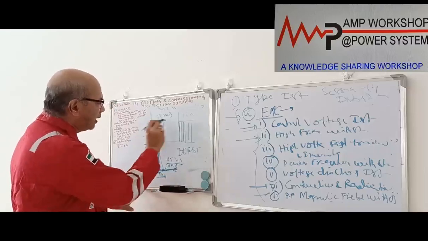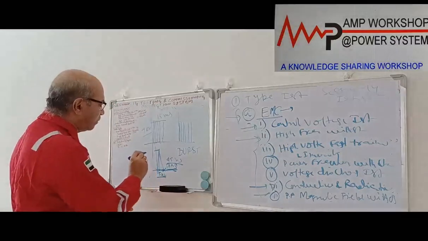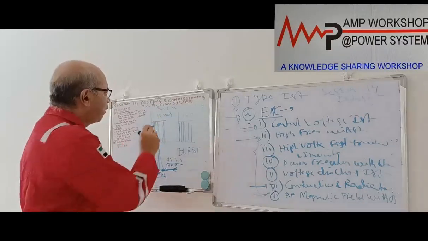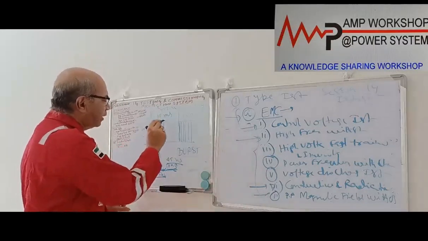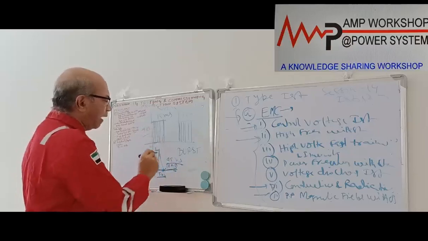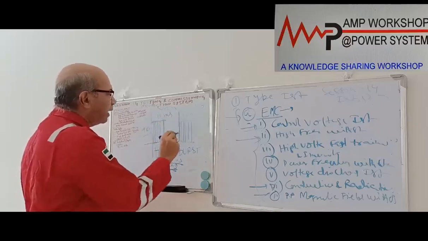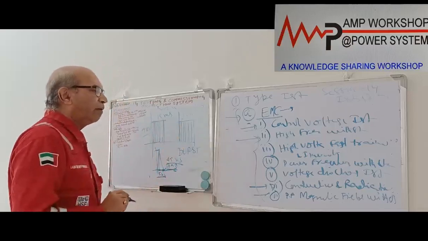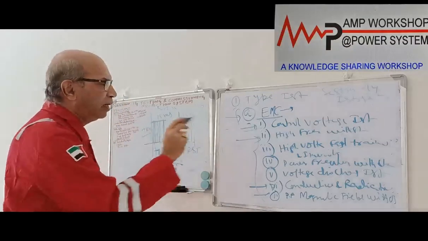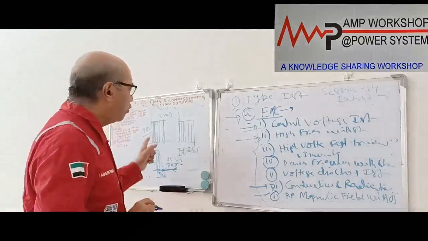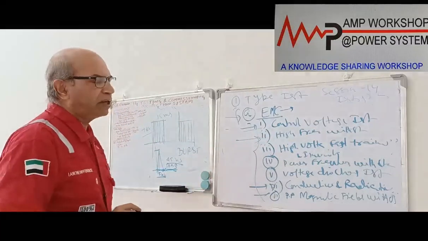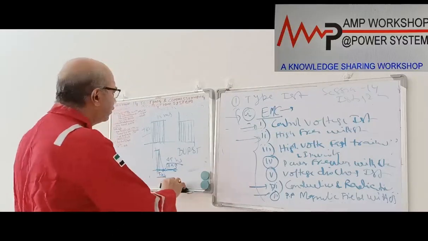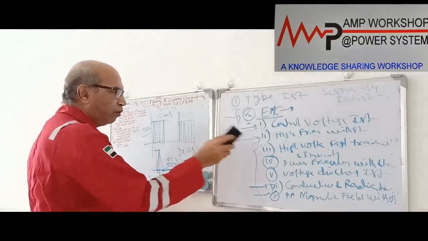This type of burst, 15 pulses, will be injected one after another, and then after 300 millisecond another 15 bursts will be injected. This way it will be injected for 1 second, and the relay should not maloperate. This way we do the high voltage transient withstand test. In addition, this will be tested for all the input and output.